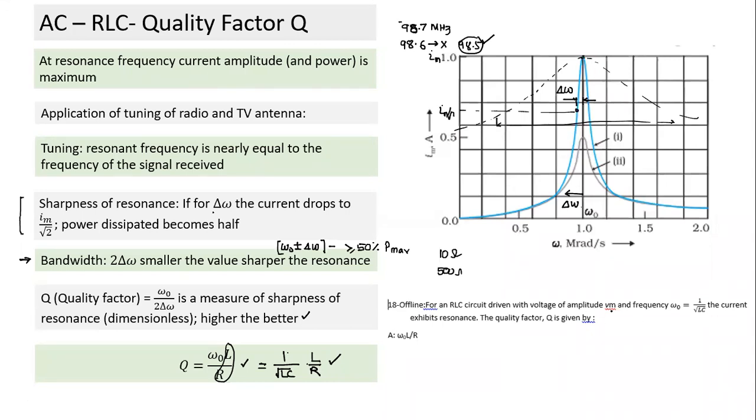This is an RLC circuit with voltage amplitude. Omega naught is 1 by root LC. The current exhibits resonance. What is the quality factor? They simply ask the formula. That was the answer. So some of the topics which people tend to skip or not pay much attention to,